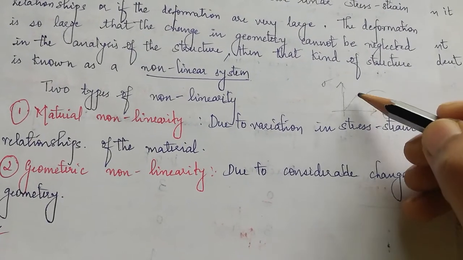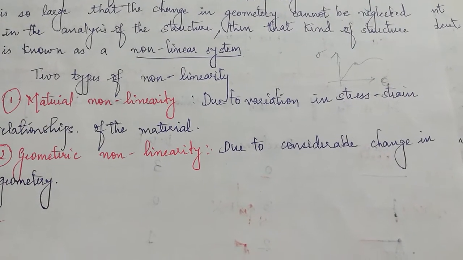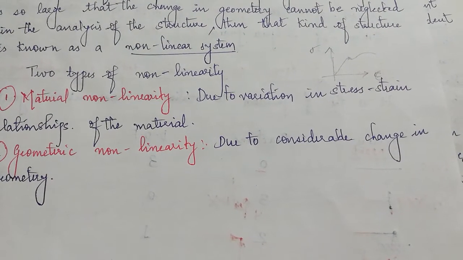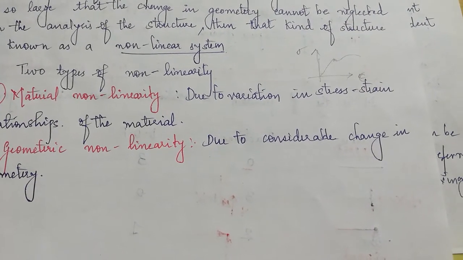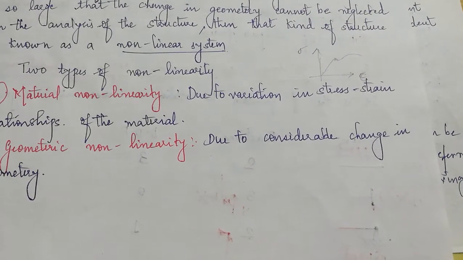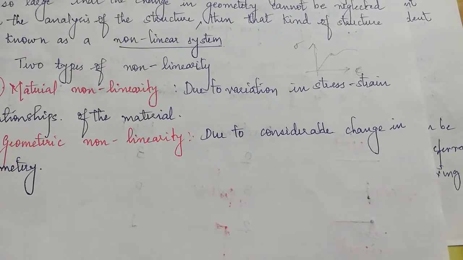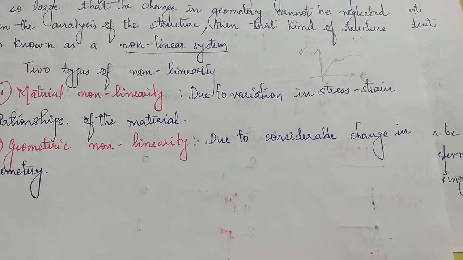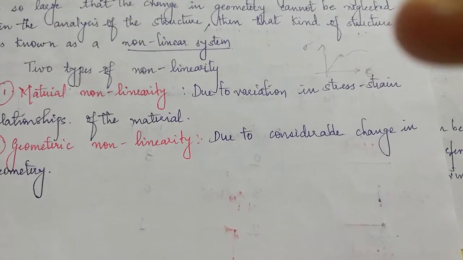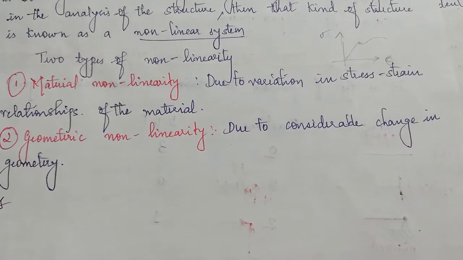After a particular point, now that point is called the upper limit of proportionality. After that, the stress and strain don't vary hand in hand. That is, a small amount of stress creates a huge amount of strain in it. Okay, that kind of variation we can call a non-linear variation in the material.